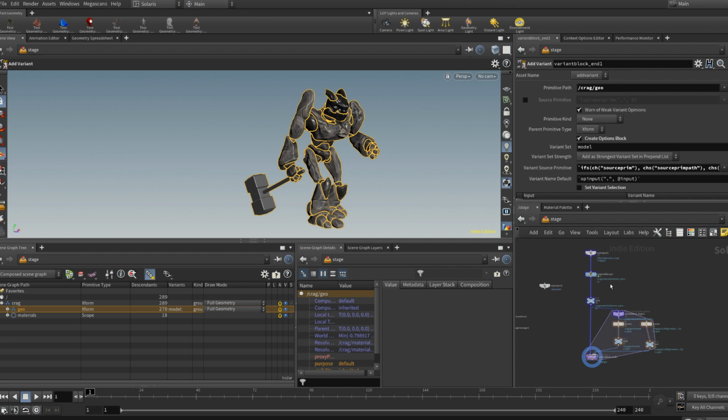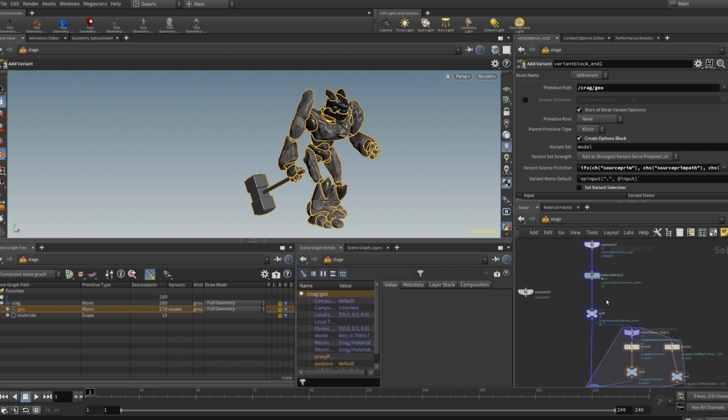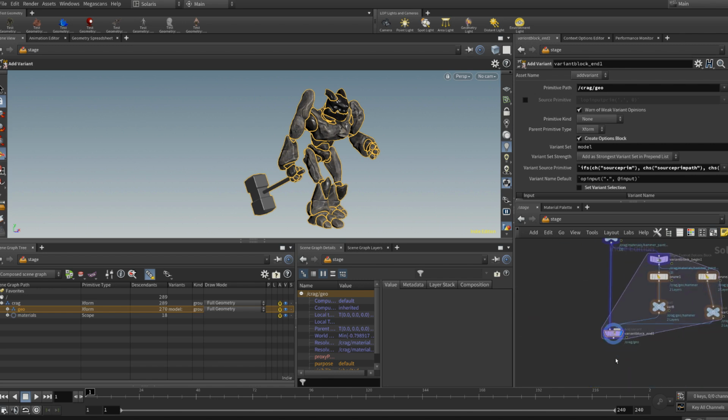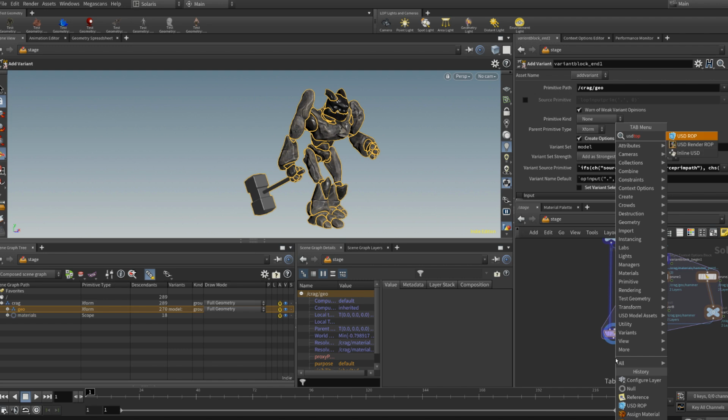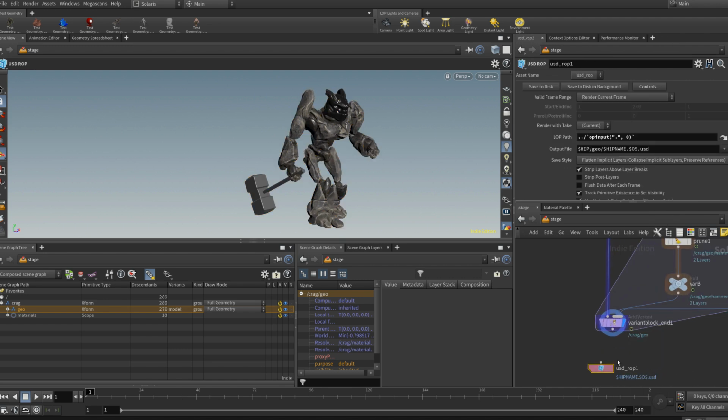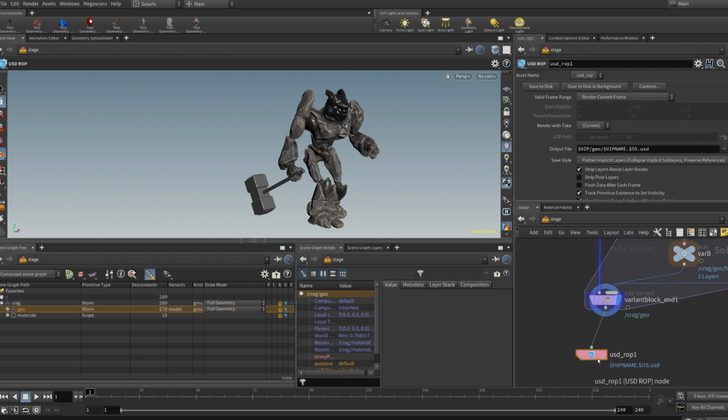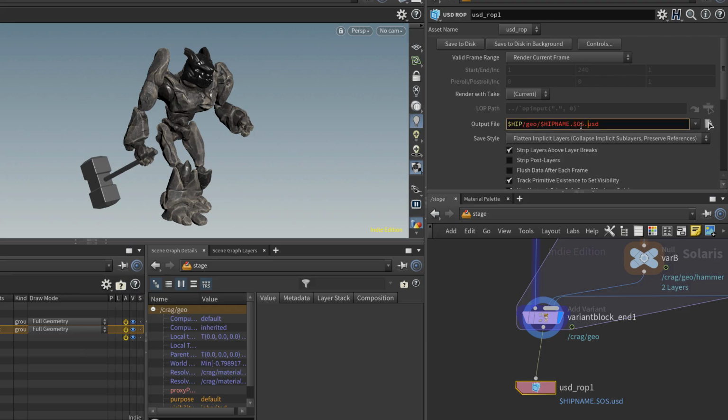All right, one last important thing to talk about, which is how to export a model into USD. With it comes a concept called layering, which I'm going to try to start explaining. If we want to export, there is a LOP called USD ROP. This would be the main node if you want to export anything into USD, and all you need is to define a path and .usd. What we'll do is call that crag asset, and we'll store that into a directory called asset.